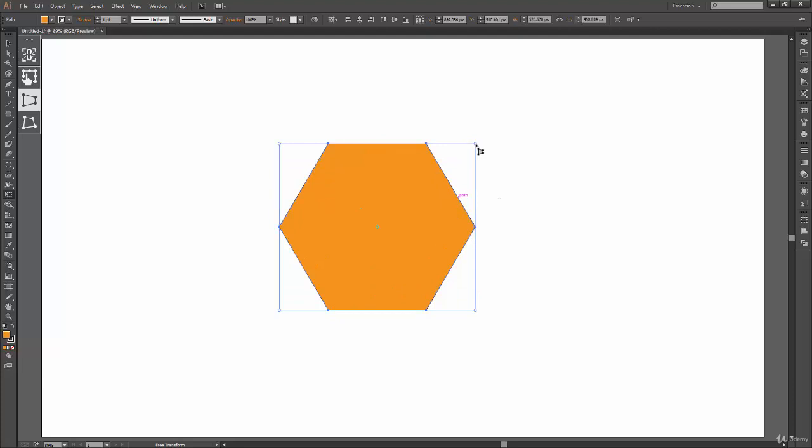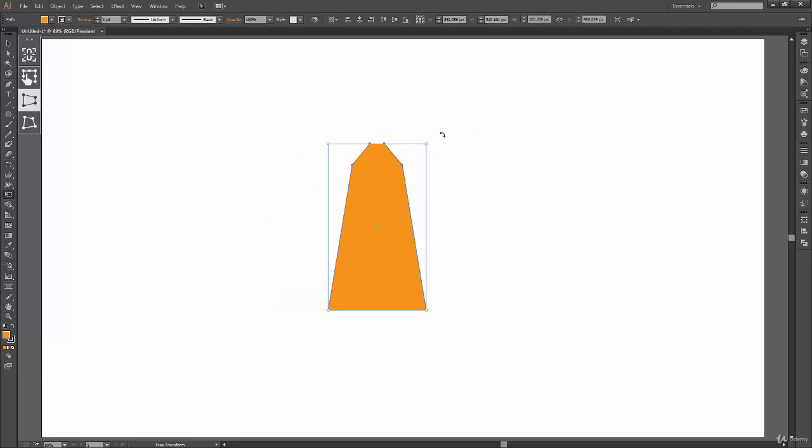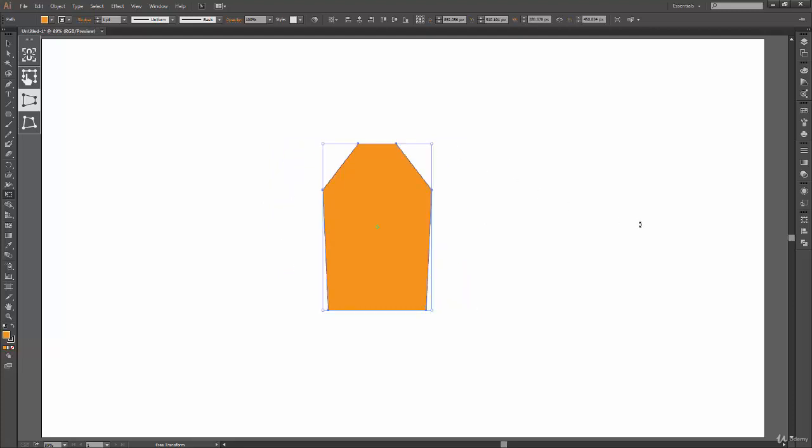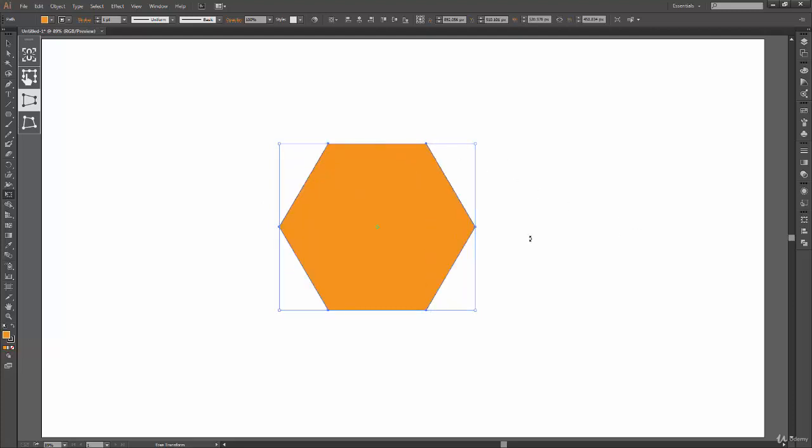So this works in both directions, vertical and horizontal. Yeah, so if you're working on certain perspective like one point perspective, two point perspective, or three point, then you can just draw your shape in a plain way, and based on your perspective grid, you can transform your shape in a way you want. Okay, so that is fairly simple.